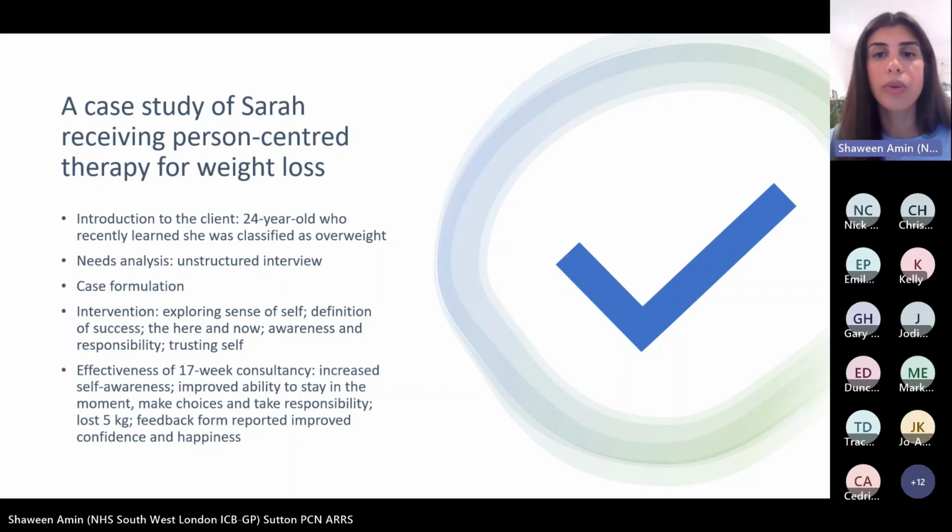There was also a process of developing awareness and responsibility, teaching Sarah to sit with the uncomfortable, accept it as it is. And it was my hope that if she could see I was accepting her as she is, and all of her emotions and all of her feelings and thoughts, that she would then be able to do that too. And then the last theme in the 17 weeks